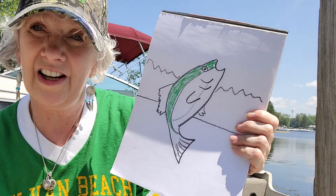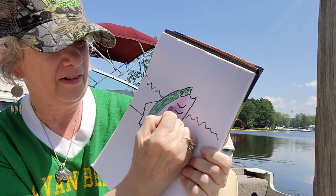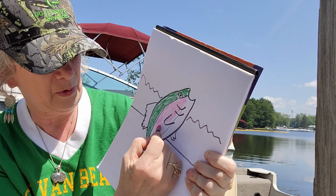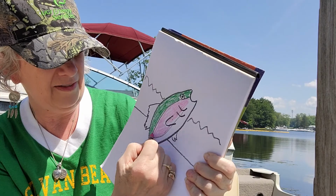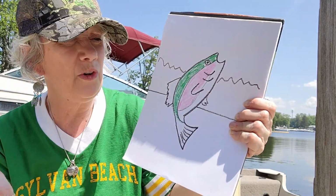Now I'm going to get a crazy color. I'm going to do pink. And I'm going to do that middle color of him pink. And I'll even do his, well, maybe I'll avoid his gill or his little fin if I can. There we go. And now I'm going to take a very light brown, or if I have a dark brown,